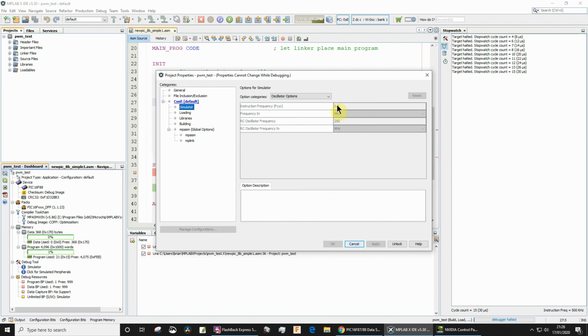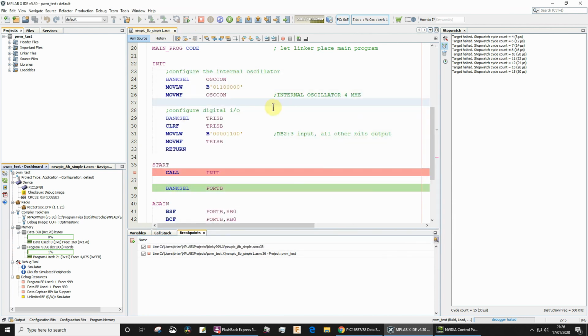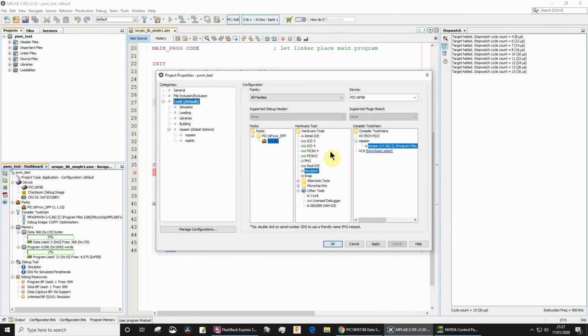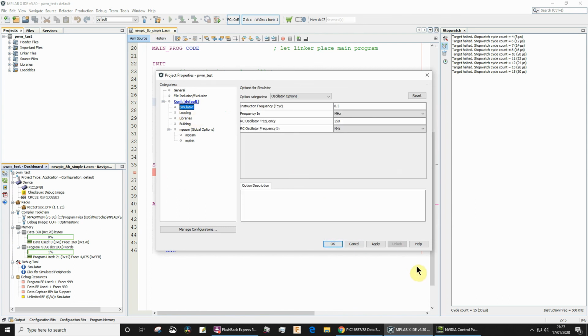Now, by the way, I can't change this at the moment. Presumably it says unlock. I think the reason for this is because I'm currently running a debug session, so I've never tried clicking unlock. What I'm going to do, I'm just going to stop there, and then I'll click configure, and then I can go simulator, and notice now it's not locked. So I can change that